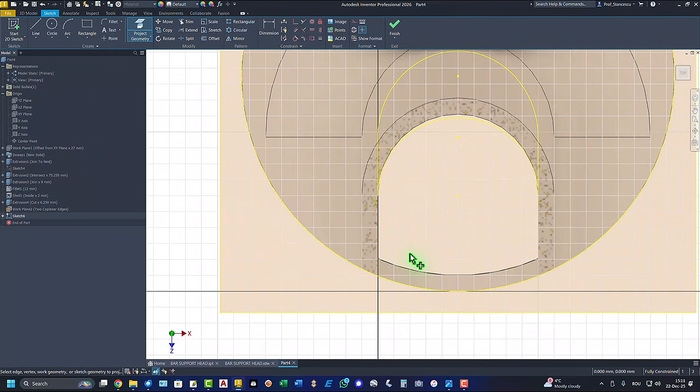Now we project also this line and also, no, and we draw a line between this and this,